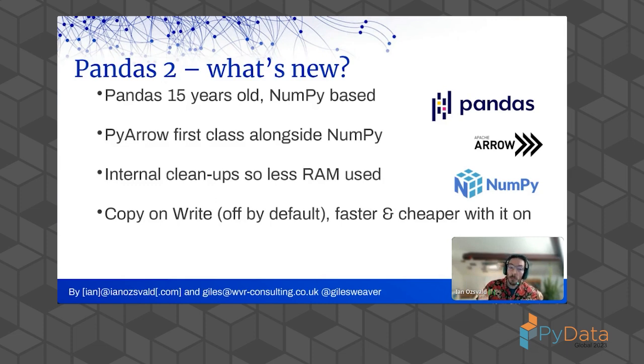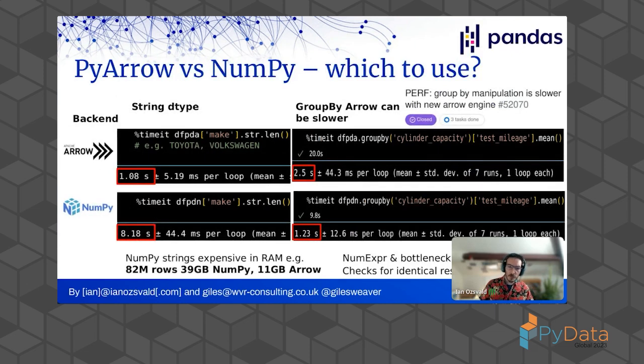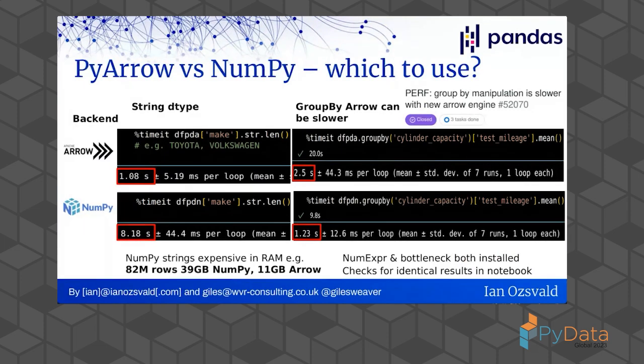And also we have copy on write now. It's still off by default in Pandas 2. It'll be turned on in Pandas 3 sometime next year. That seems to be really interesting. And I've got a couple of benchmarks here. So first of all, let's have a look at two benchmarks in Pandas. So this is a 2x2 table. It looks a bit weird. So these 4 screenshots represent either string dtype, so this is on the column axis, string dtype, or a group by, and then on the row axis, Apache Arrow, and then NumPy.